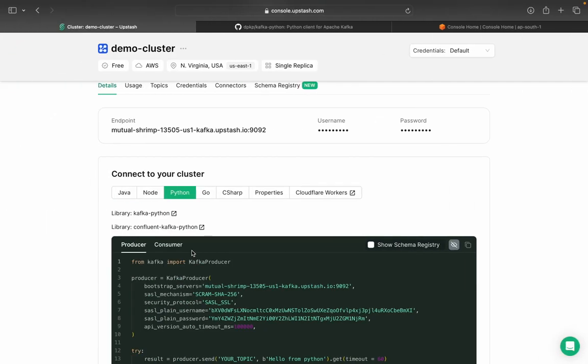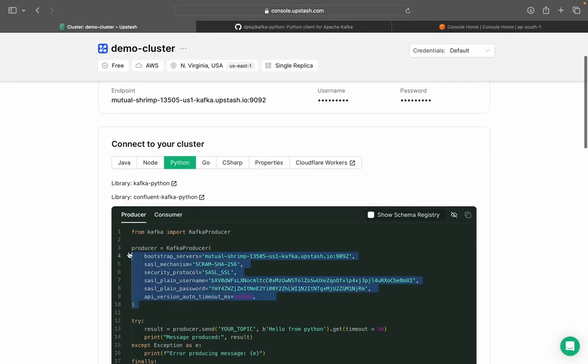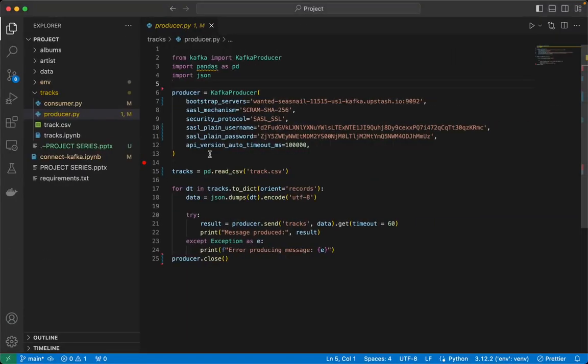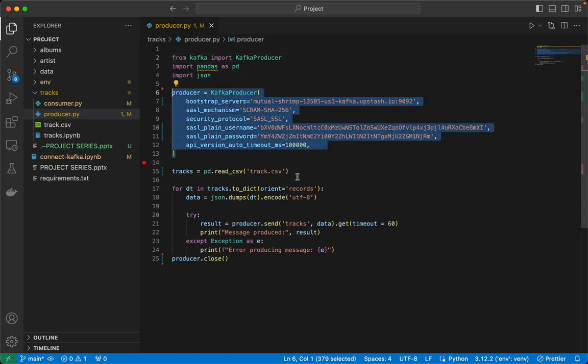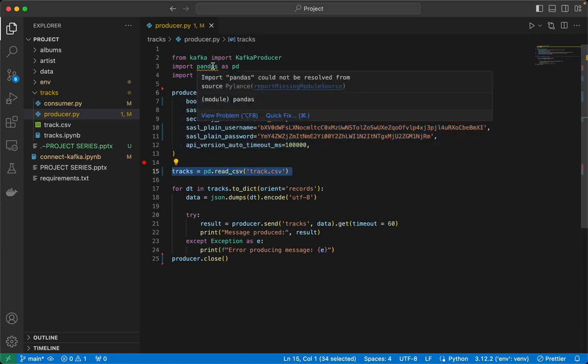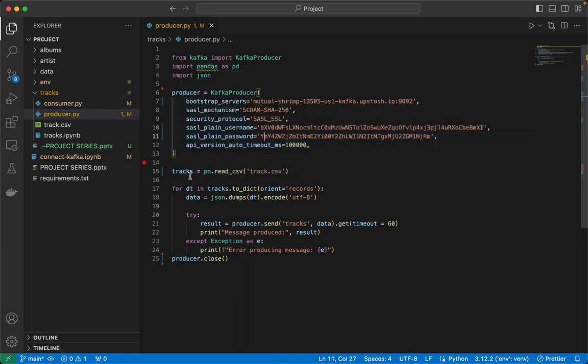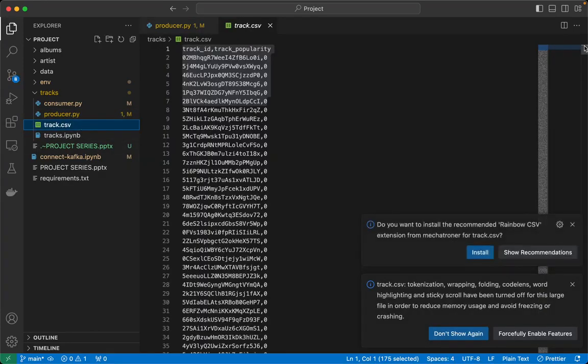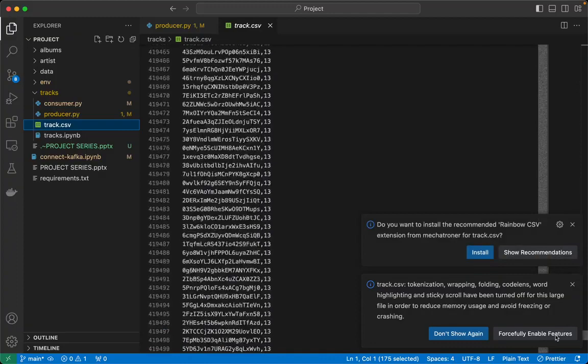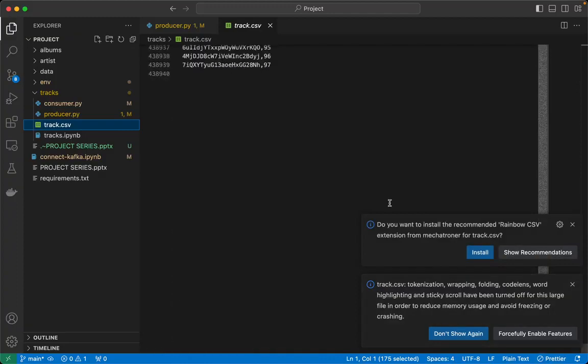Now we can copy this and paste it here. What we are going to do: we first import KafkaProducer, the pandas library, and JSON. Then we connect to our producer API. We read a CSV file using the pandas library. Now we'll parse each data point present inside track.csv. Our track.csv file has around